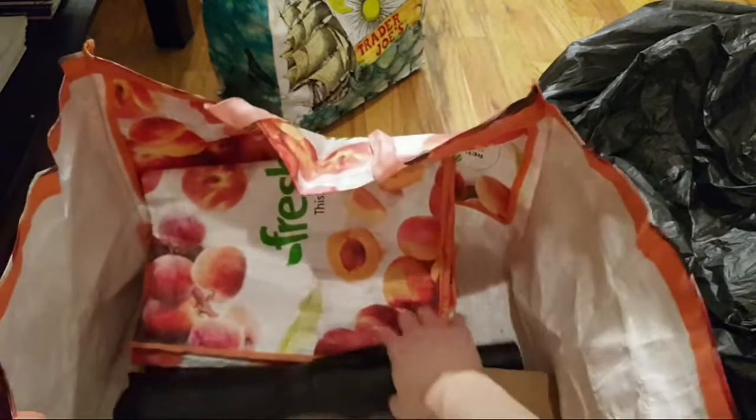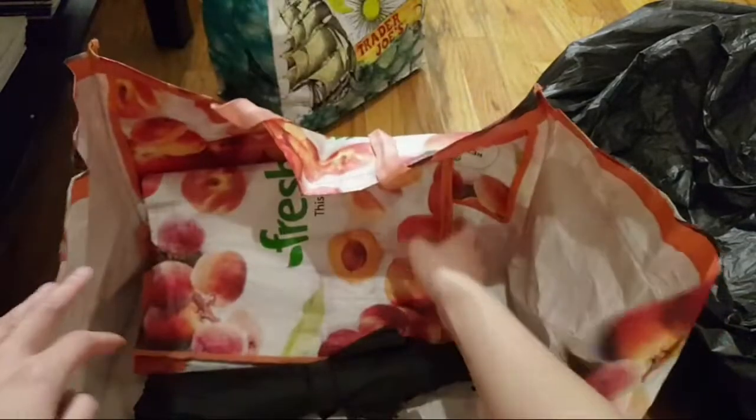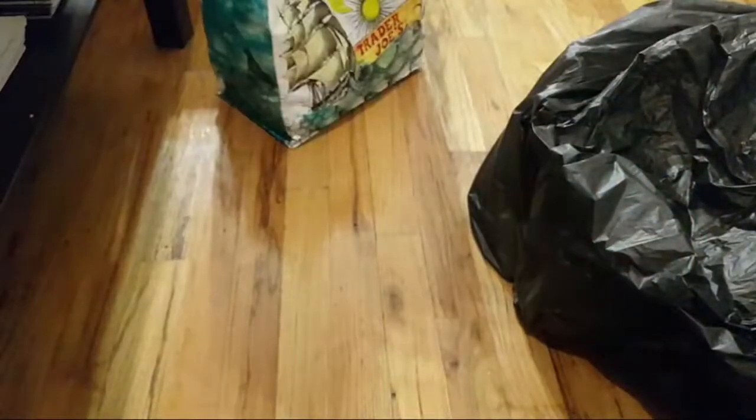So I carry an umbrella just in case, and then here are, what is this? Oh wait, this isn't mine. This is actually bike stuff. And then here are my Fresh Direct bags. So you can see how wide this thing is, right? So I've changed it, and instead of carrying this wide, bulky bag that makes me look more bummy than usual,